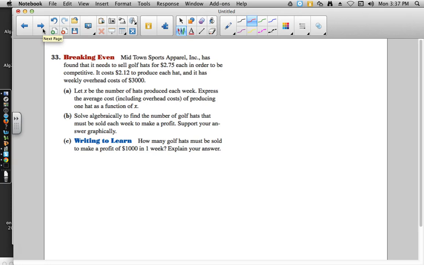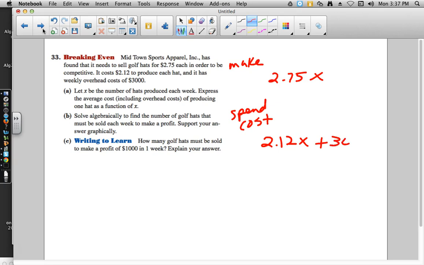In any business, you want to figure out how do you make money, and how they're making money is by charging $2.75 for each one of those golf hats. But they're also spending money, and this is their cost. Their cost is $2.12 for each hat, plus $3,000 for rent, heat, all of that good stuff that comes along